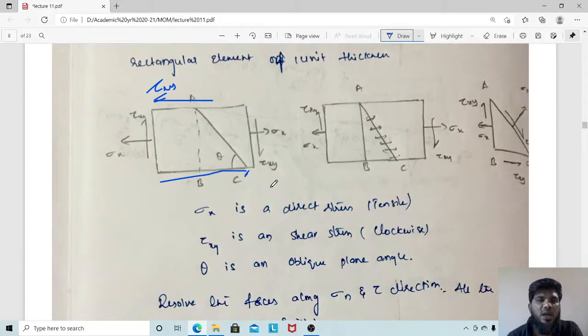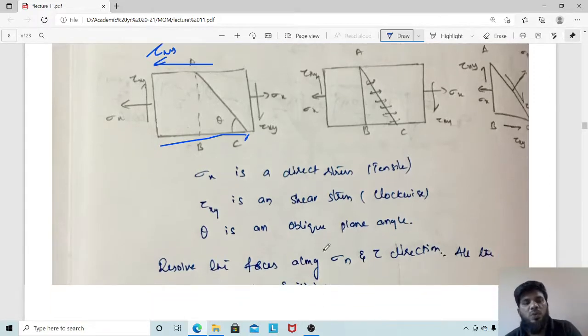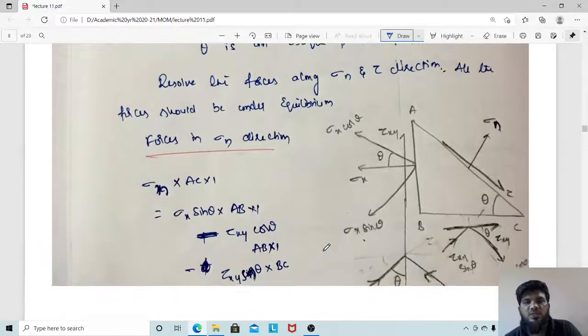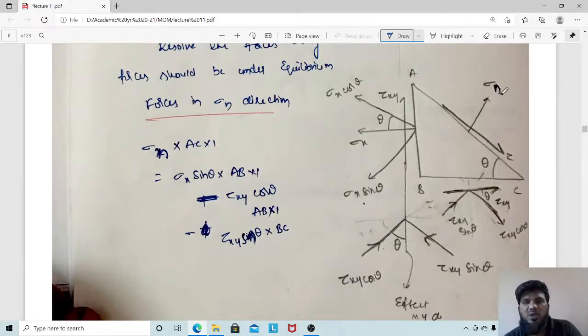You should consider always like this only. So once you are done with this, same, take the triangle, resolve the forces. Here again we are trying to resolve along sigma x and tau direction. This already we have discussed how it is coming, theta. Here also we have discussed how it is coming. Here no sigma y is there. Let us take sigma itself first.